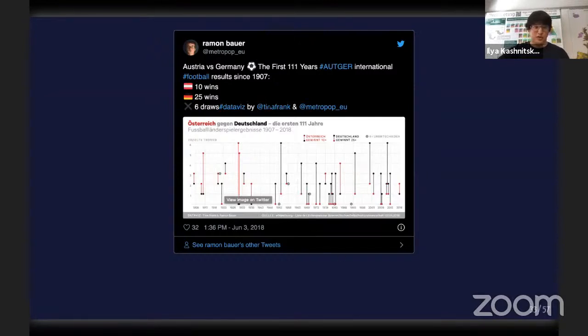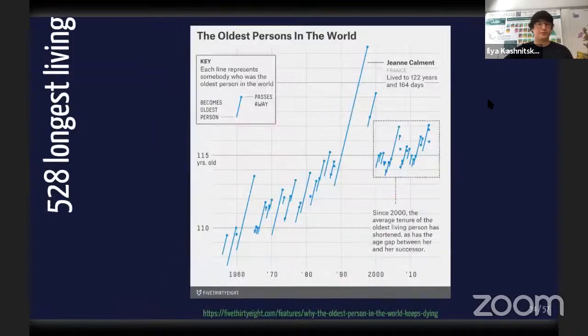It's more than 111 games back then. And it's super simple. And even though I'm not fluent in German, and I assume most of you are not fluent in German either, we can actually read the plot and understand what's happening there easily, because it's beautifully designed, and it's very simple. Another super simple and powerful plot